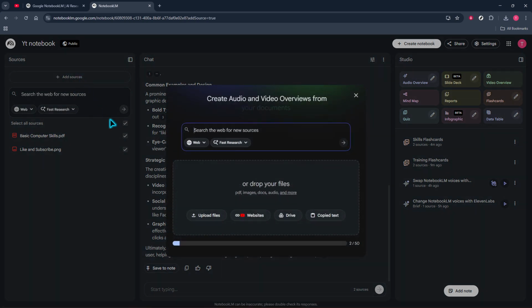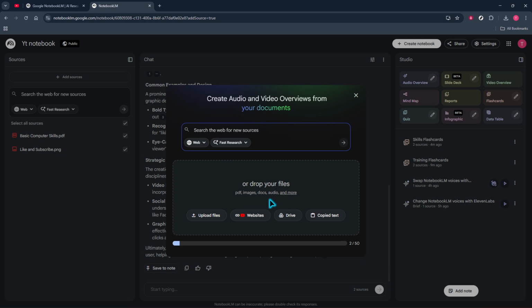NotebookLM handles fairly large inputs, but there are practical limits, around 200 megabytes per file or roughly 500,000 words. Massive textbooks, scanned PDFs, or documents with heavy formatting and tons of images can trip it up. If that sounds like your file, split it into smaller chunks such as chapters or sections, and remove pages or images that aren't essential. Exporting a simpler version without high-resolution graphics often helps the system parse it faster and more